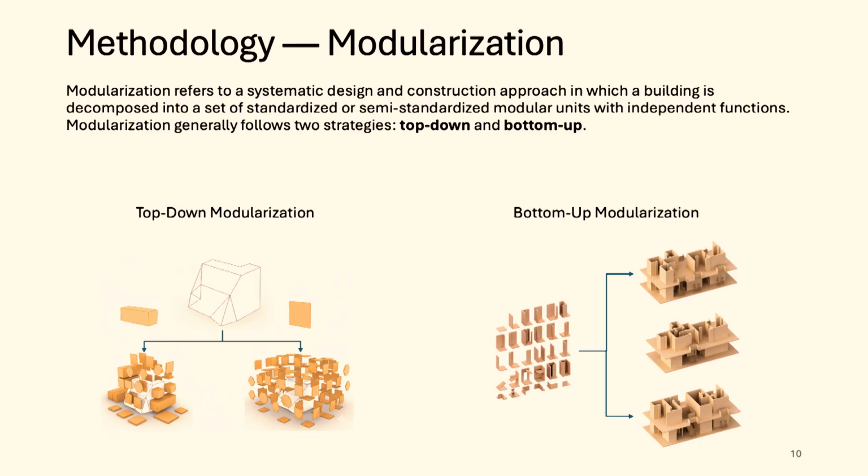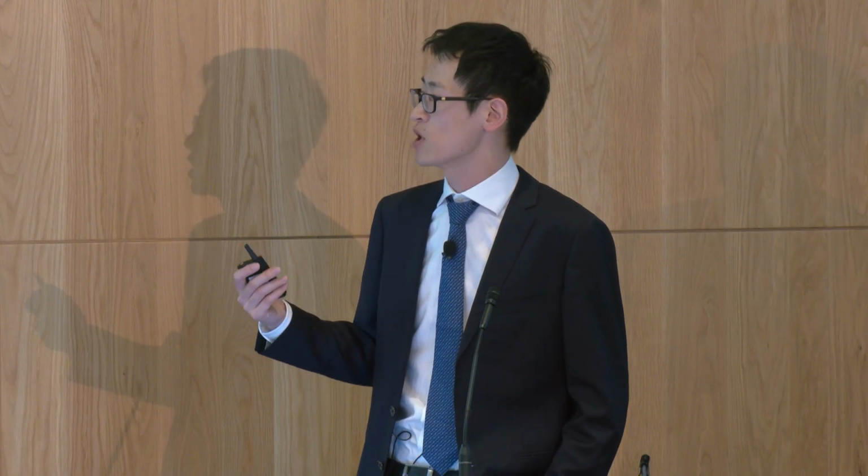If I have to summarize the difference between those 2 approaches in one sentence, I would say the top-down modularization breaks the predefined reference design into modules or panels, as you see on the left-hand side. This approach gives you much design flexibility, but limited standardization. This is why you see modules in different sizes and panels in different geometries. On the other hand, the bottom-up approach assembles already standard or semi-standard modules or units into a design, which has higher standardization or industrialization, but reduced customization capabilities.